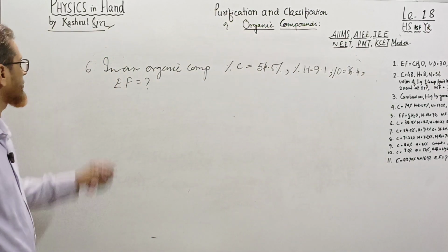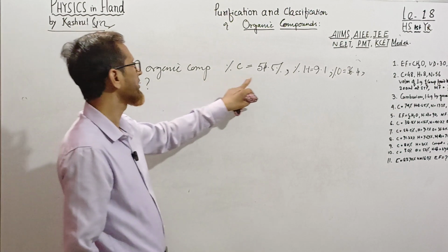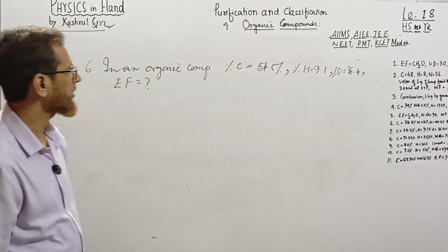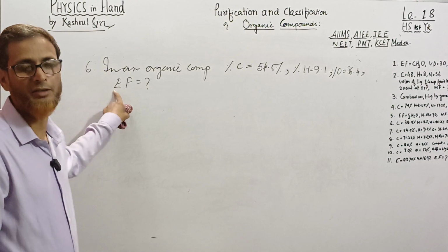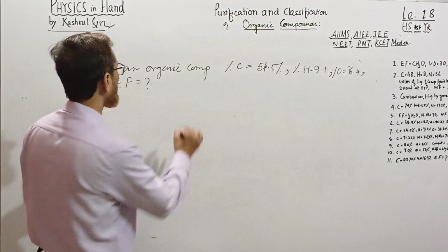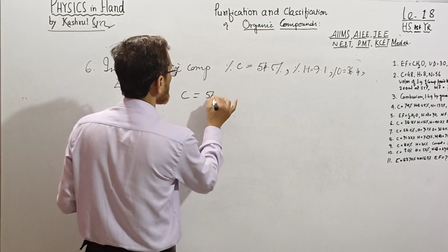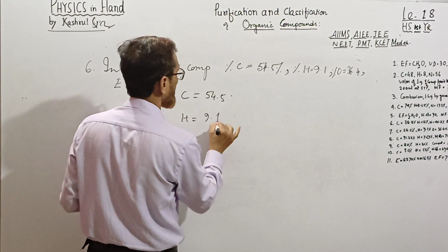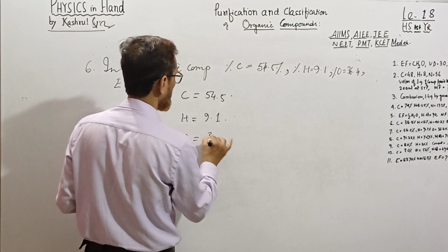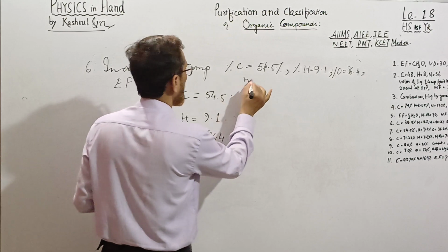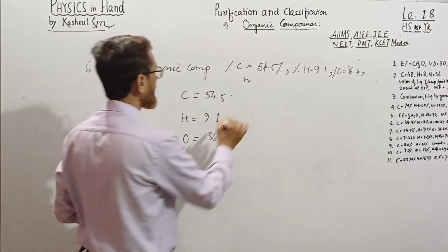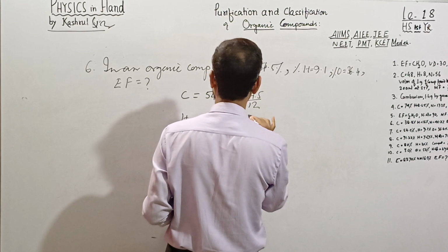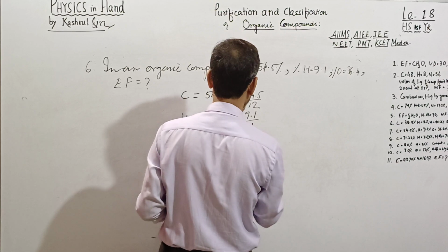Again, very simple question. In an organic compound, the percentage of carbon is 54.5, hydrogen is 9.1 and oxygen is 36.4. You are asked to find the empirical formula of that compound. Now, very simple. You write carbon 54.5, hydrogen 9.1, oxygen 36.4, and as earlier you find the number of moles. 54.5 divided by 12,